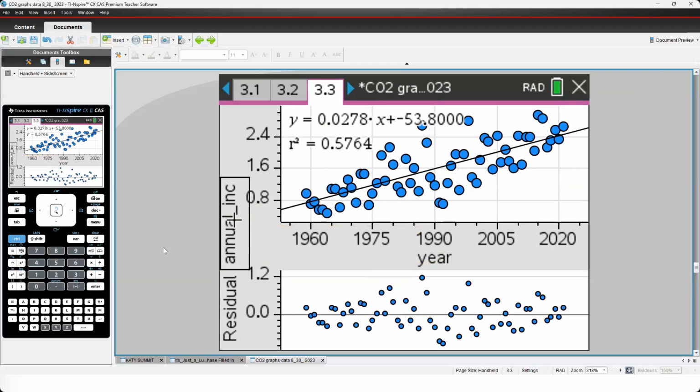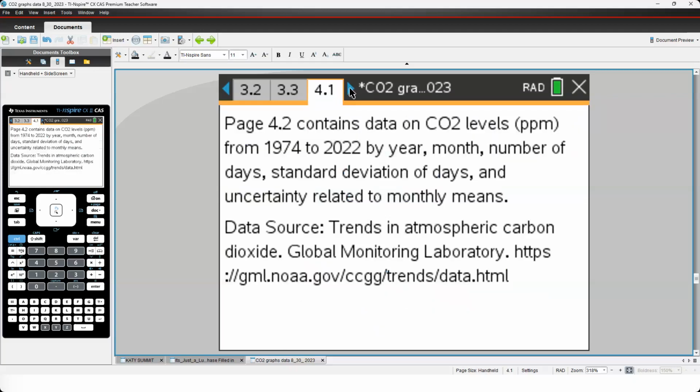And that's the yearly increase again. And it does have the R squared. R squared is not part of the pre-calculus CED. This would tell me that 57% of the variability in the parts per million in the CO2 level is explained by knowing the year. But there's other explanations that are going on. But the next slide, please, Rachel. I'm whipping through this so we can get time to finish the other things.